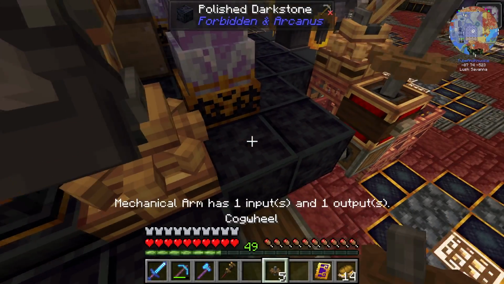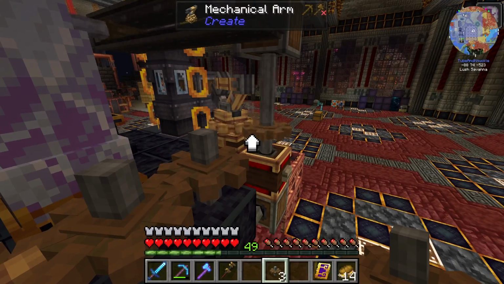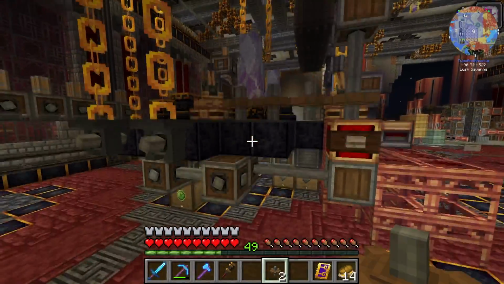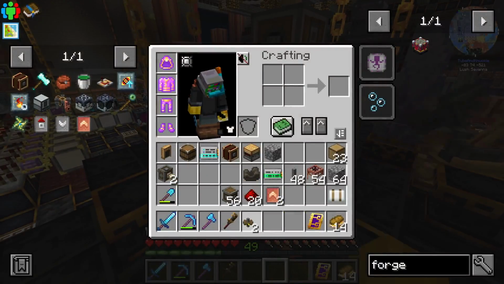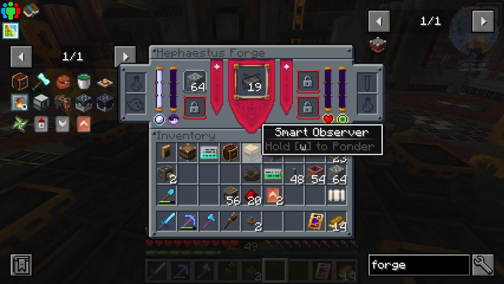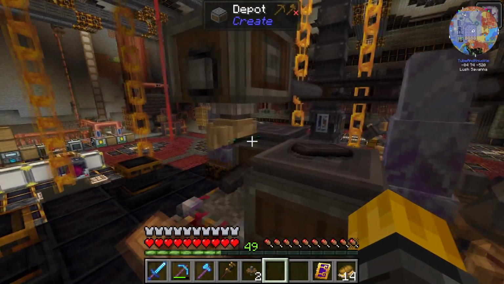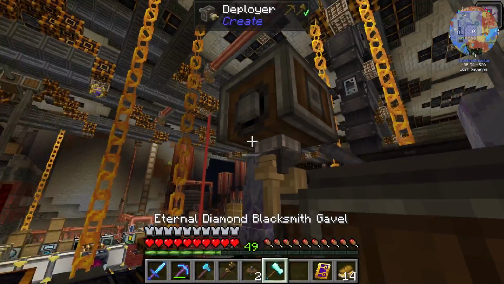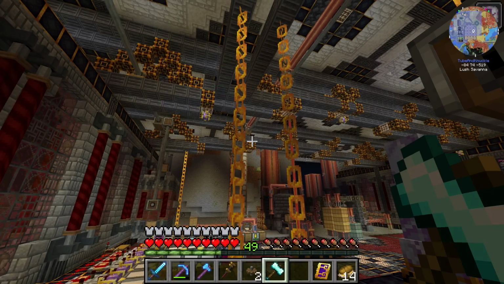We're going to put this chumpy right here. Boom, boom. And can I get you there, please? And a boom. Okay? We're putting netherite in there. It just disappears. Oh, no, it doesn't. Maybe that's a good thing. Don't know. All right, we got this deployer here, and inside his hand, I made an eternal diamond blacksmith gavel,